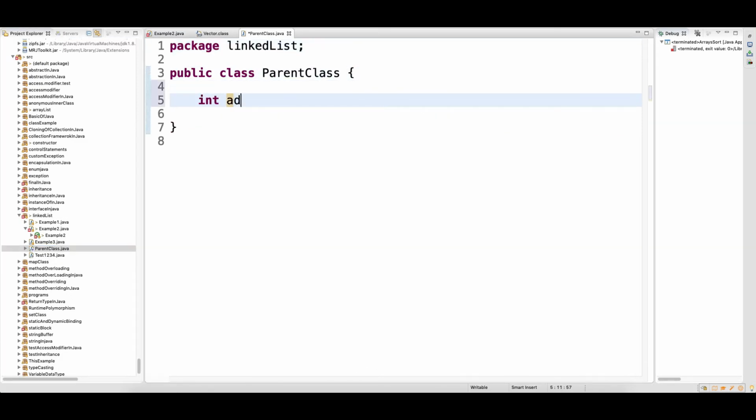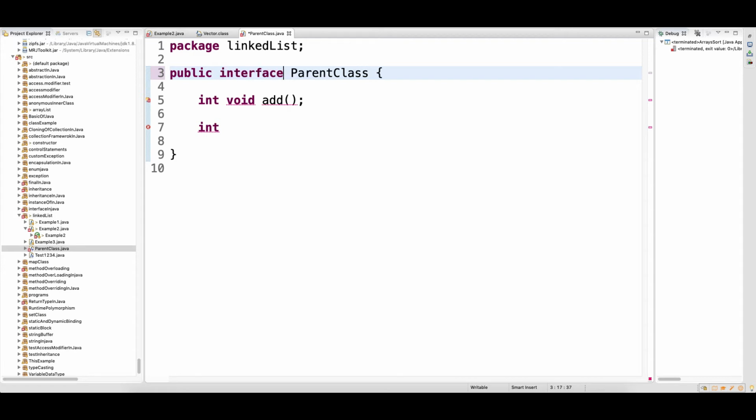So when I say here void add, let's change to interface, and just void add. I don't want any complicated method, and write one void test. So there are two methods in the interface, right?